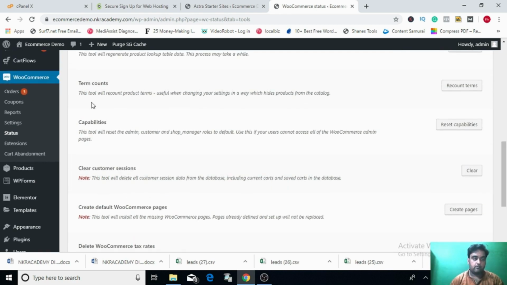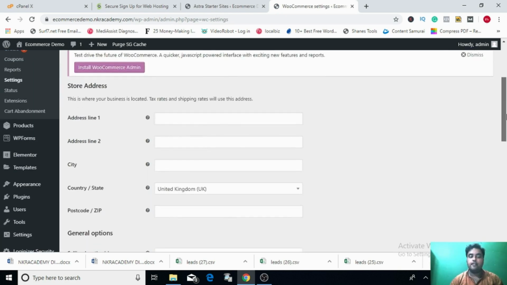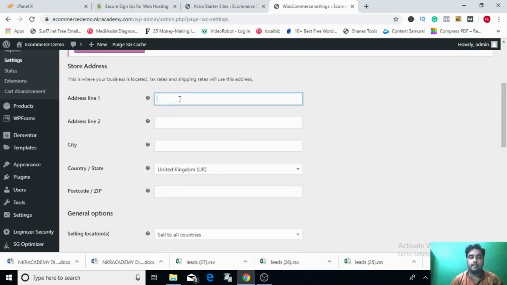Okay, now go to settings of WooCommerce. Once you click the settings, these are the things that you need to do. Okay, first set up the address. Say Kolkata, West Bengal, city Kolkata,